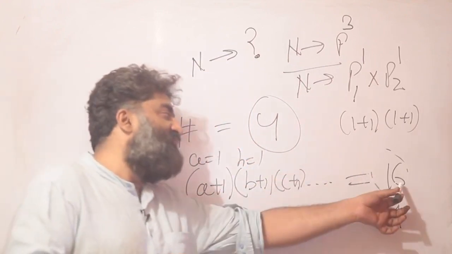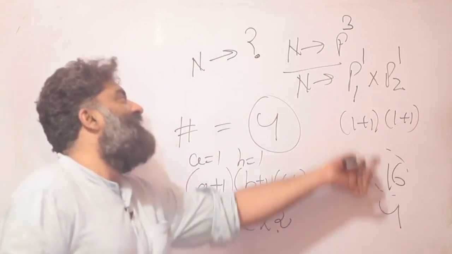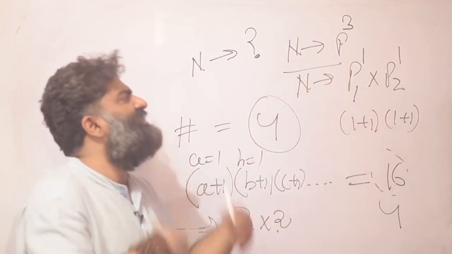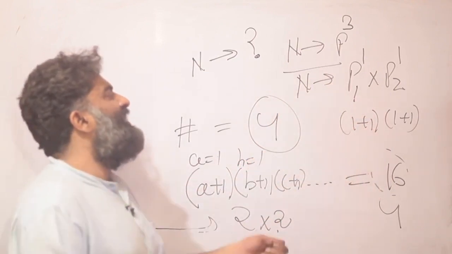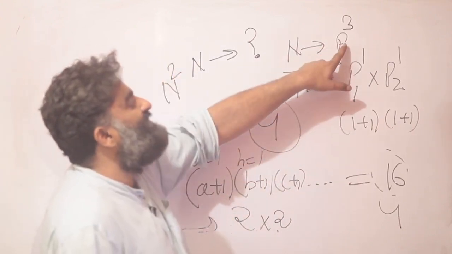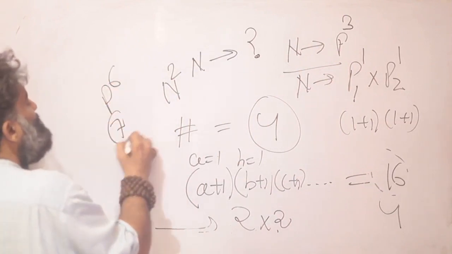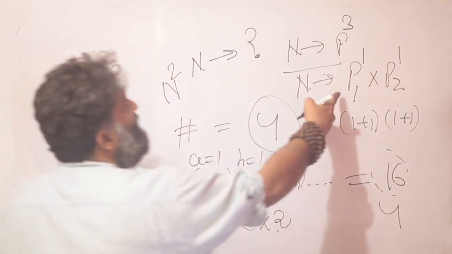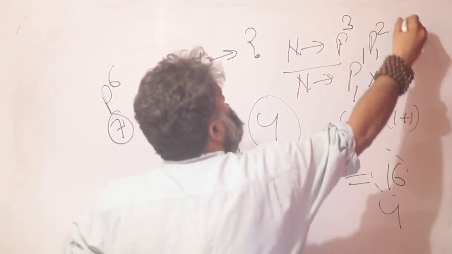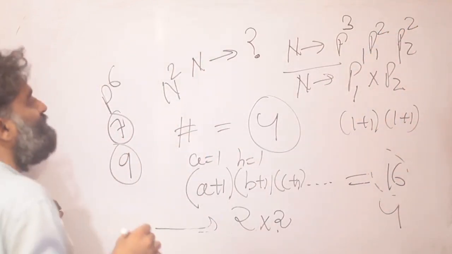We have the number of factors, we have the number of factors formula. From the formula, we are trying to guess the structure of the given number. And then there is a question added on top of it. If I had said, okay, n square will have how many factors? So I would say if I look at this scenario, this would become p raised to 6. So this would have 7 factors. If I look at this scenario, this would become p1 square and p2 square. This would have 3 into 3, 9 factors.